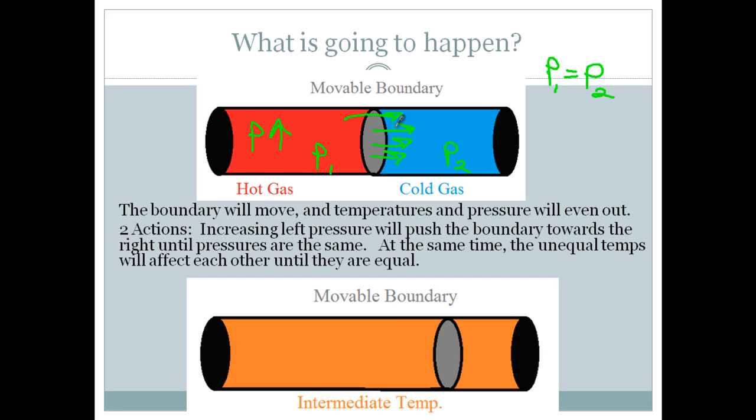Now eventually it's just going to look like this. Everything at the same temperature, everything the same pressure, and our piston ends up over here. So this is very basic principles of how your cars work. We heat up one side, the piston pushes up, piston comes back down, and so on and so forth, and it turns gears and other stuff in your car to make them move.